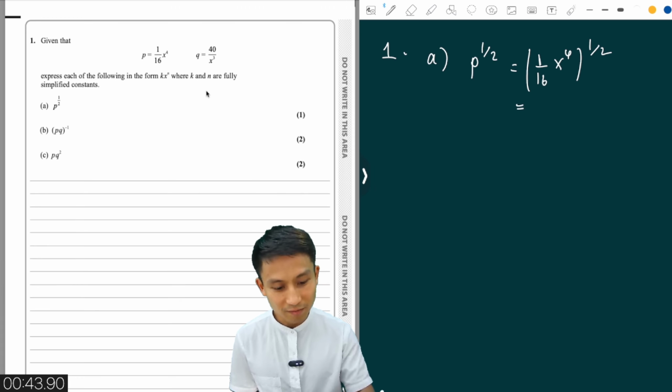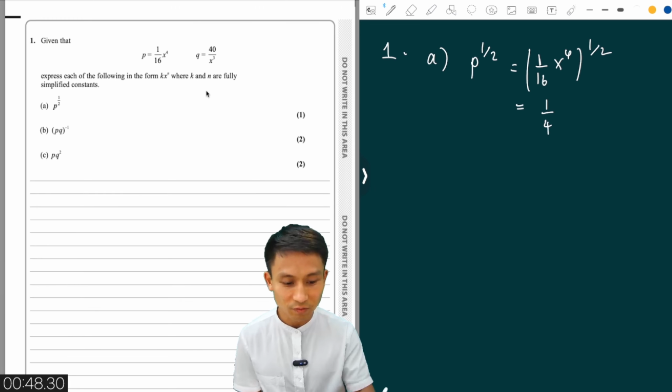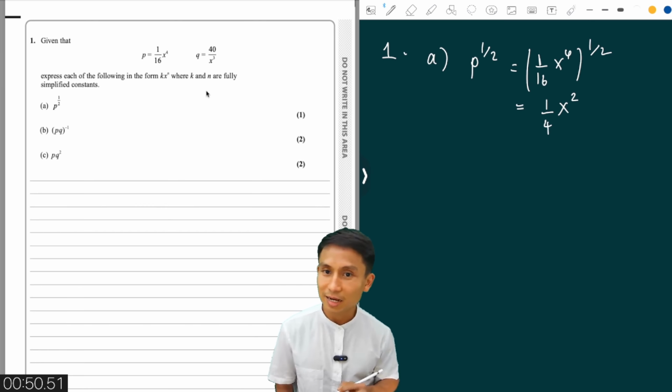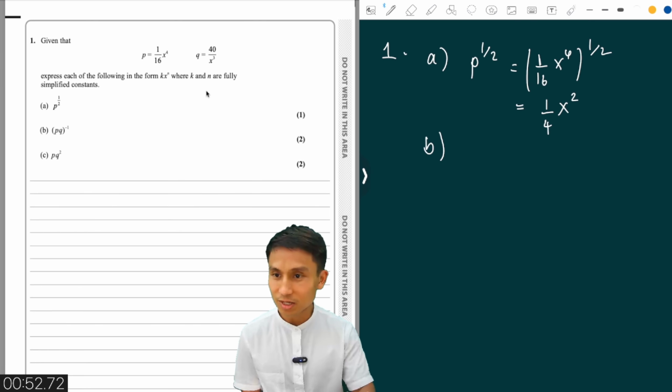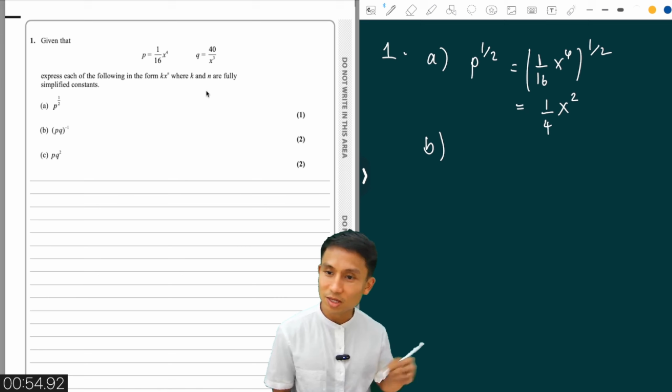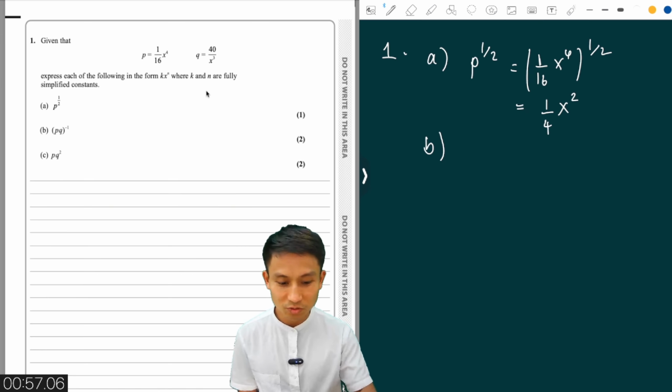So we raise to the power of a half. It's like square rooting, yeah? So this is 1 over 4, this is x to the 2. And that is it. For B, PQ to the minus 1. So I'm just going to do